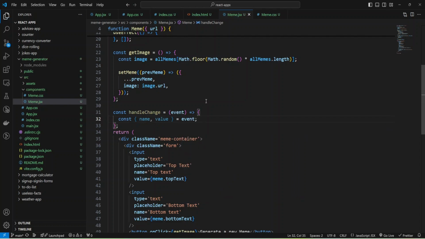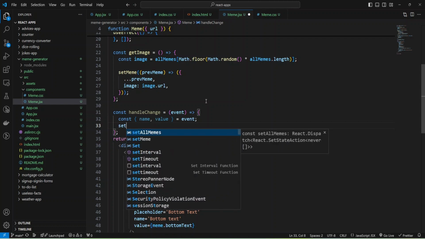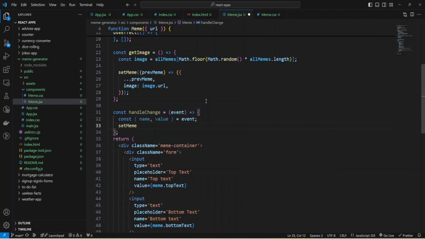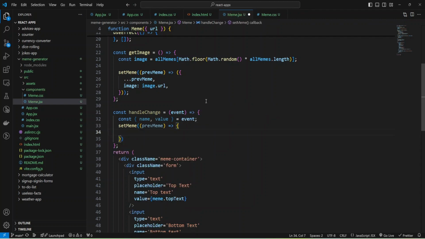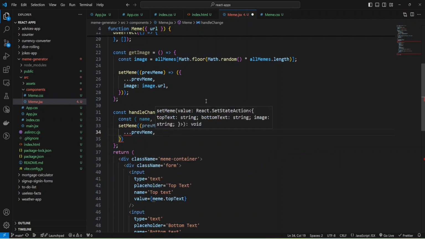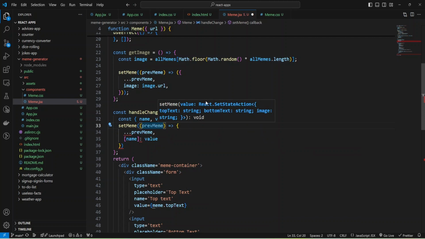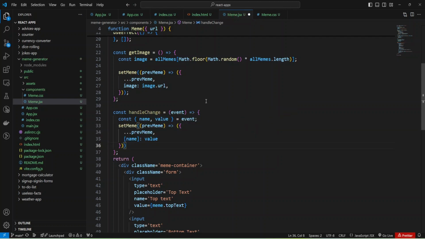Okay, and now we can use name and value to change the state. And I'm going to use set meme function, and provide based on the brief meme. I can add new meme with copy from brief, and adjust the name. Name will be equals to value. Okay, and I need this and this.